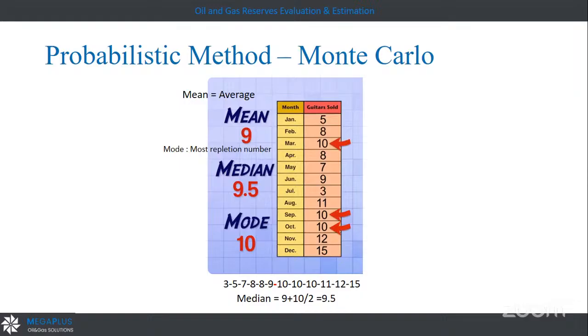I know that it's a basic mathematical question, but it must be clear. As an example, if I have 12 months, each month has a number of something to be sold, guitars or something. In January, we have to sell 5. In February, we have to sell 8. This example is to show you the differences between them. So I will put it in ascending order.